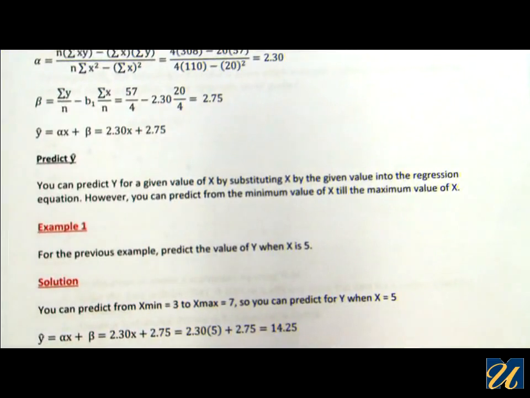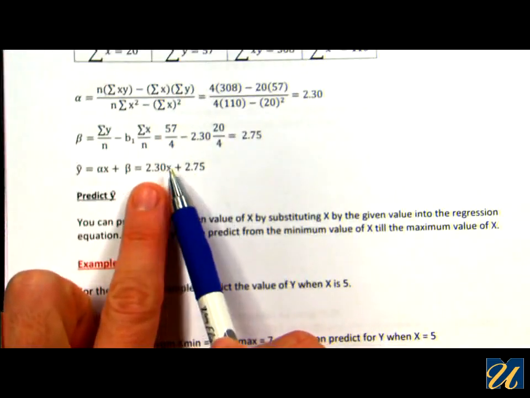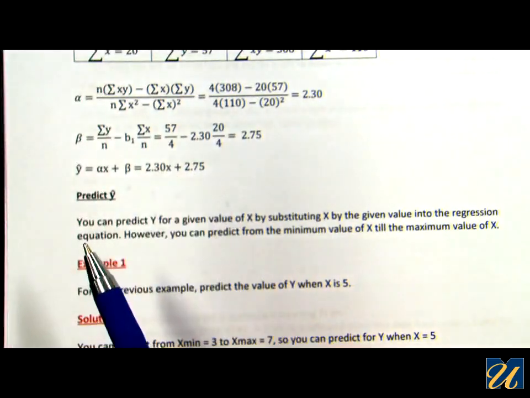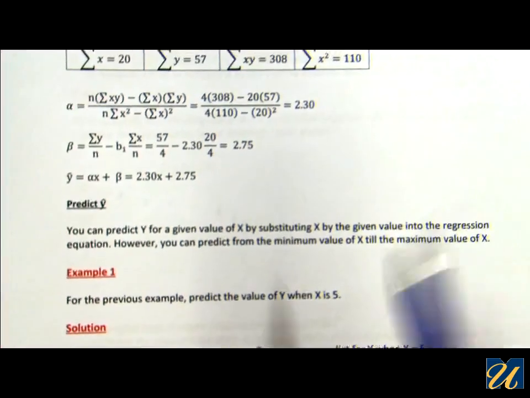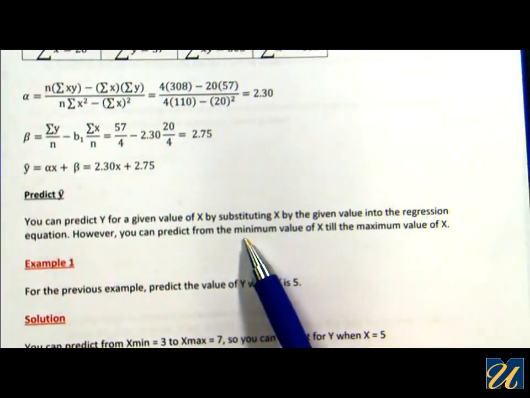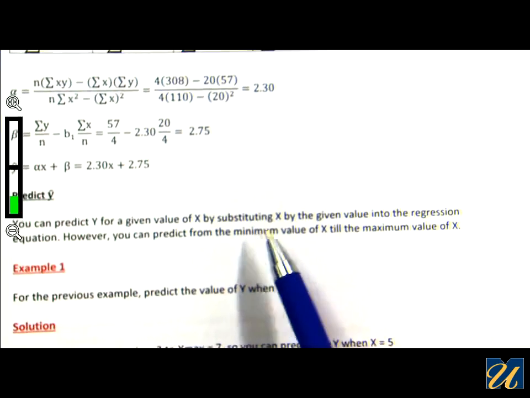Now, when we predict y, you will have problems after you create the equation asking you to predict y for a given value of x. The most important thing to remember, as a process, it's very, very simple. You go to your formula and you substitute x for the given value that you are asked to find y for. However, you can predict y for x values that are between x minimum and x maximum of your original